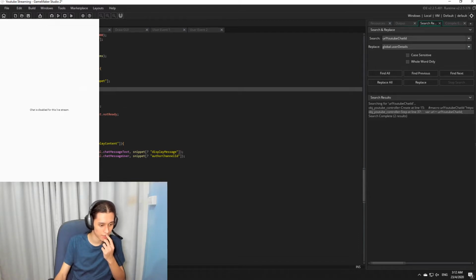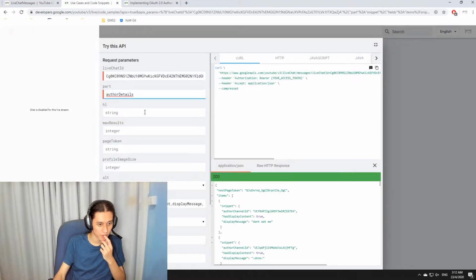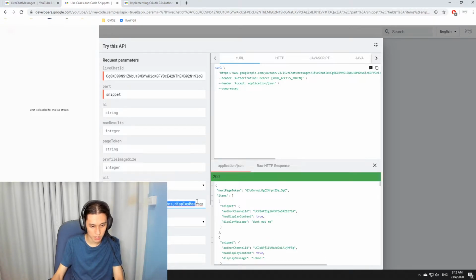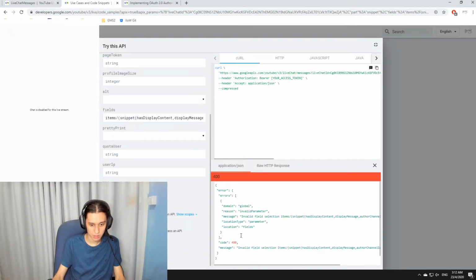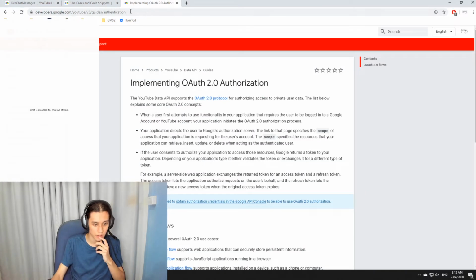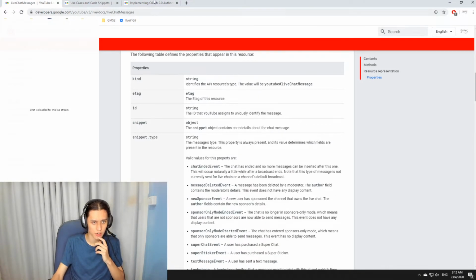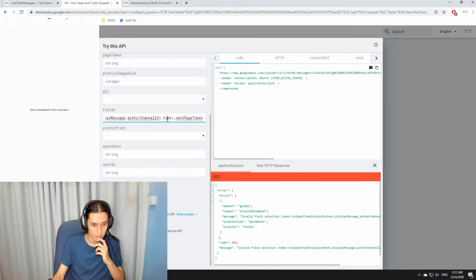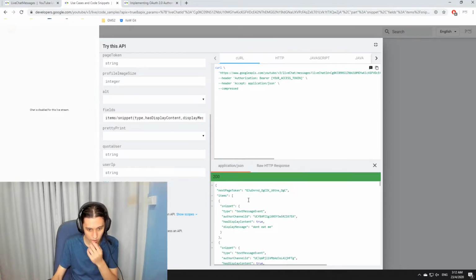It's under the snippet type. So I shall quickly make sure that I have the correct one. Snippets here, snippet items, and then I'm going to do snippet and type, I believe, execute. Oh, wait, no, that's not right. How's that not right? Oh, it's under snippet. Oh, okay, it's under the snippet. So then I want to put a comma here, type, right there. Now we have the type, it's a text message event, the author channel ID, whether it